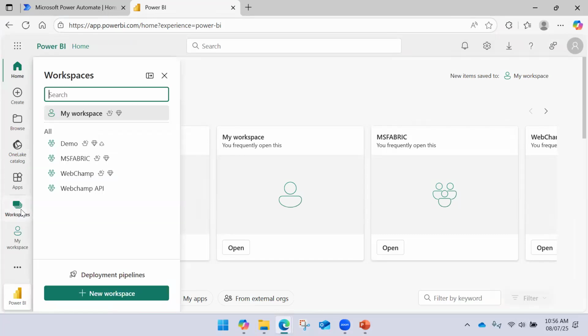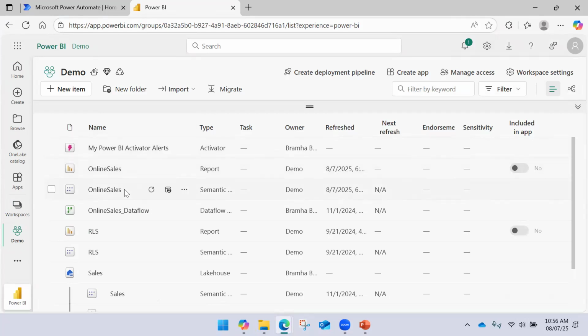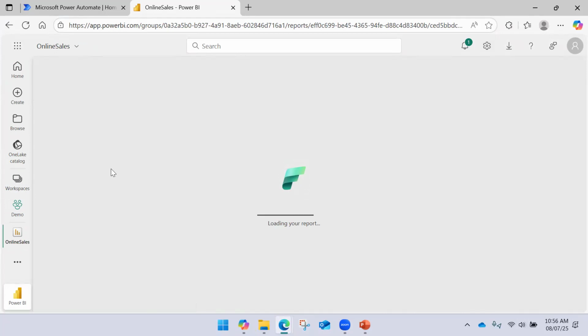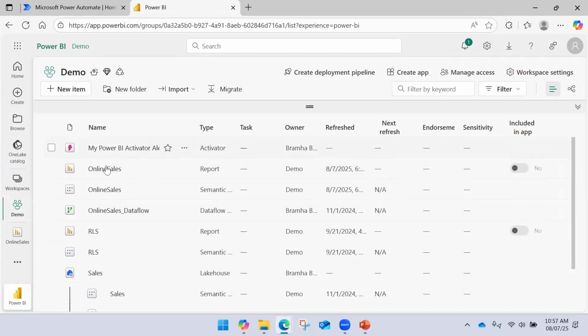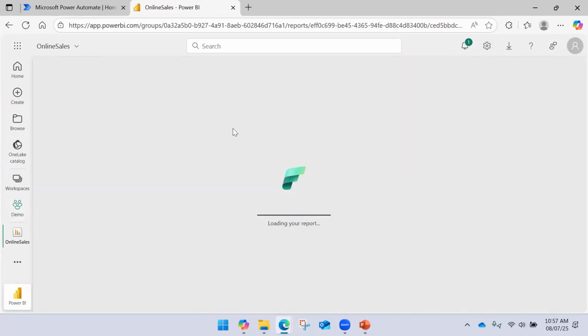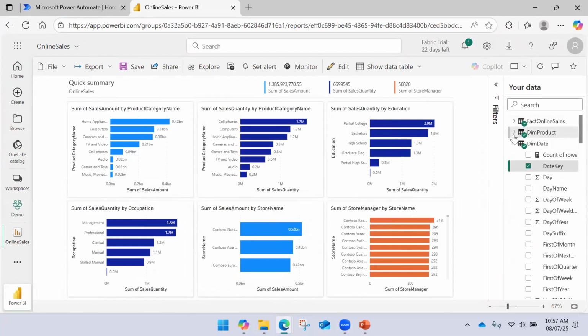Here, if you come to the workspace, we have reports. Normally we can refresh the reports. Then after refresh, if you open it, you may want to share the report with someone, so you can export it as a PDF or as a PowerPoint, and then you will be able to share. Then you may want to export the data from any of the visuals. So these are the kinds of tasks you can automate